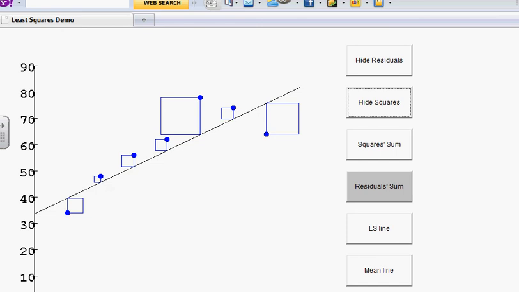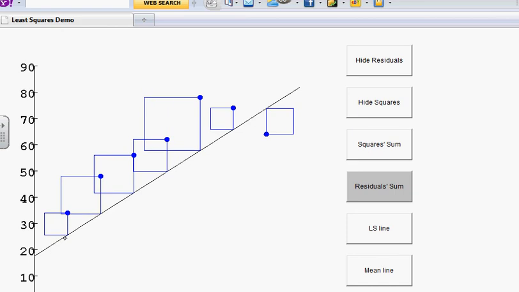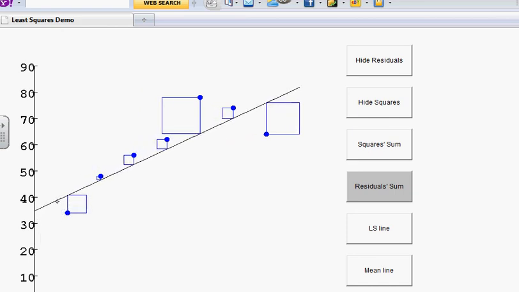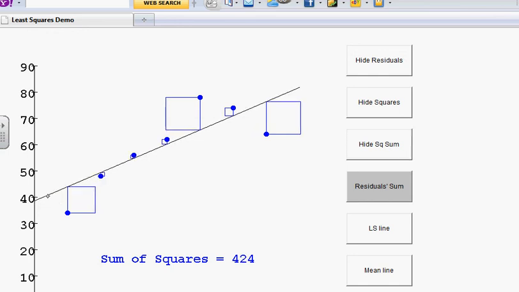squares. So if I continue to move my line around, boy, I wonder if I'm doing better or worse. Oh, that's obviously worse. That's a lot bigger area. Do I need to pull this side a little bit too, maybe? Right now I have a sum of squares of 415. Drastically different. Do you think I could get a little better? I got a 414 over there. Move the other side. 413? Okay. So I can keep dragging this line and dragging this line, but there's also a way of calculating